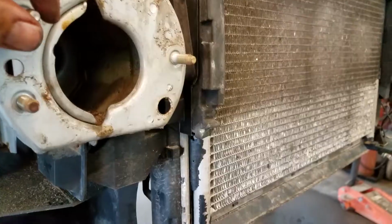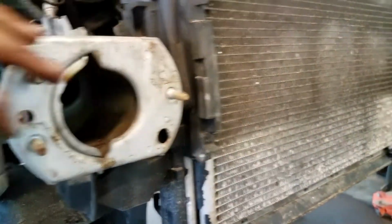So we're getting there. We're a quarter of the way, maybe. There's 3 bolts here on both sides, and that pretty much holds the whole front bumper on for the most part. You can see